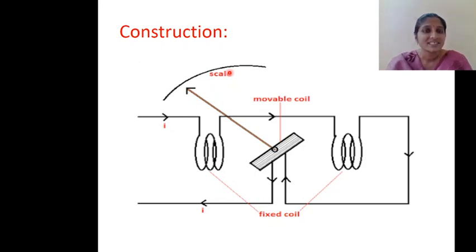And this is for DC. Coming to AC, AC will have both positive as well as negative cycles. For positive cycles in one direction, the pointer will move in one direction. Whenever the current is reversed, the magnetic field will also be reversed, and the current through the moving coil will also be reversed. So there is no change even if the cycle changes. Even if the cycle changes, there is no change in the deflecting torque produced. So that is one main advantage of this instrument.